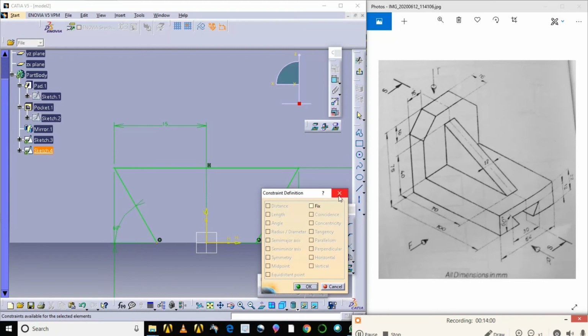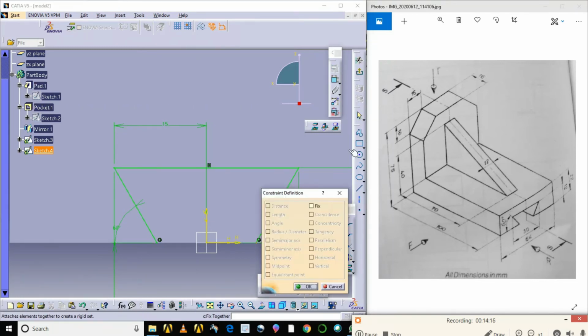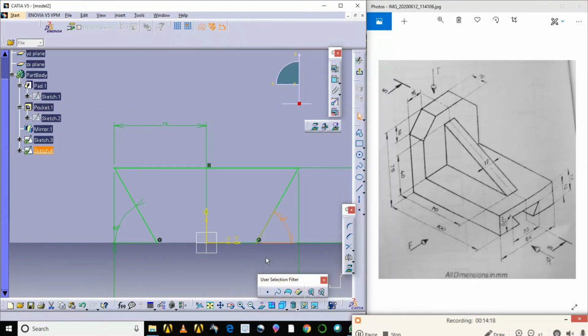Okay, it is already coincided. This also coincides with this, I think. Select this and this line. It is already coincided with this line.